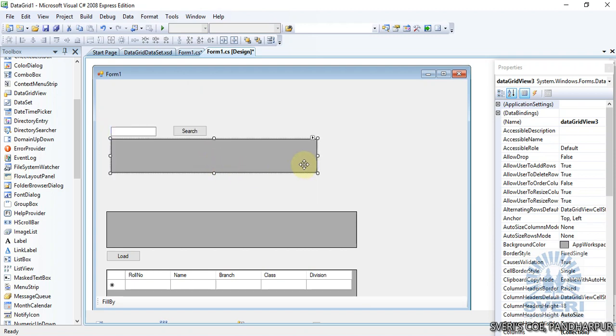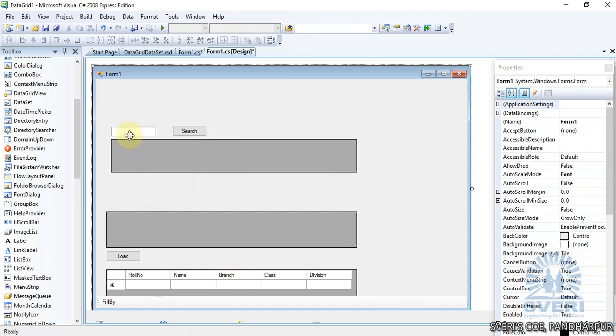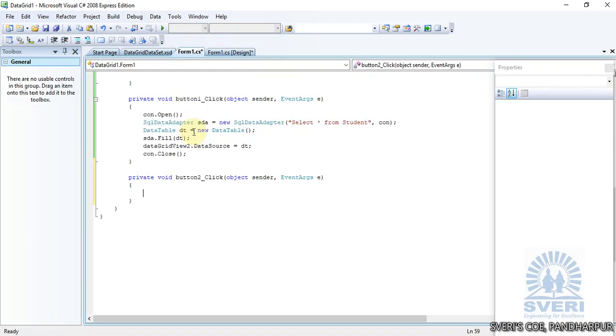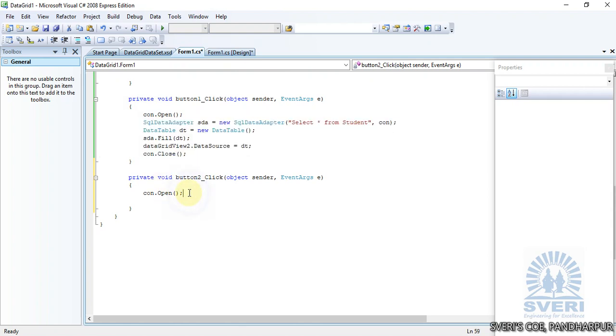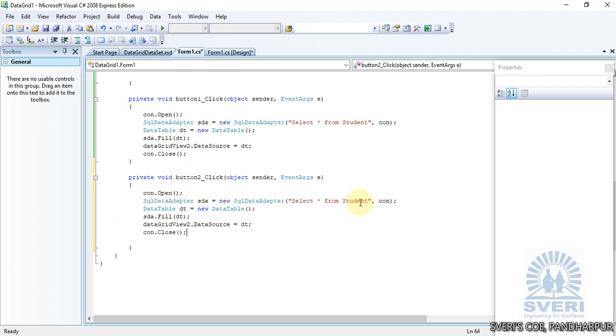Whenever we enter a text to search, if that value is available, it must display that value in your data grid. For this, just double click on the search button, again open the connection dot open. Now same code, just copy it, paste this code over here, and change the query as select star from student, where